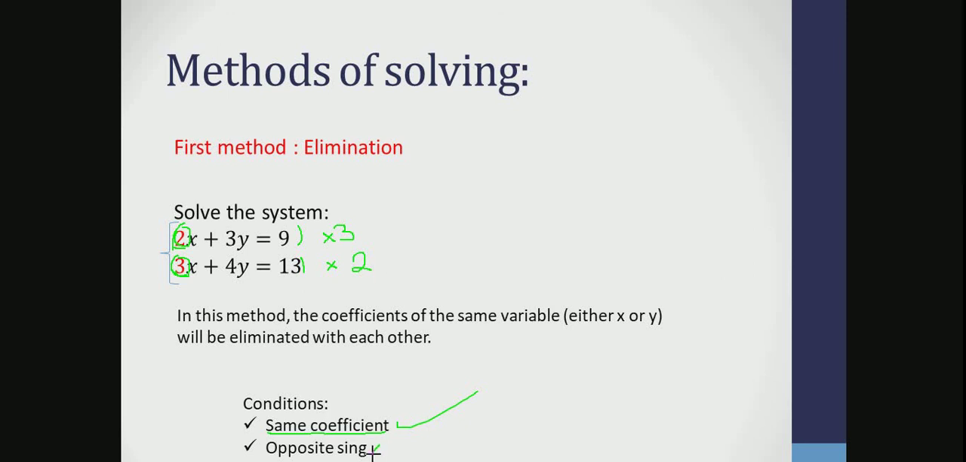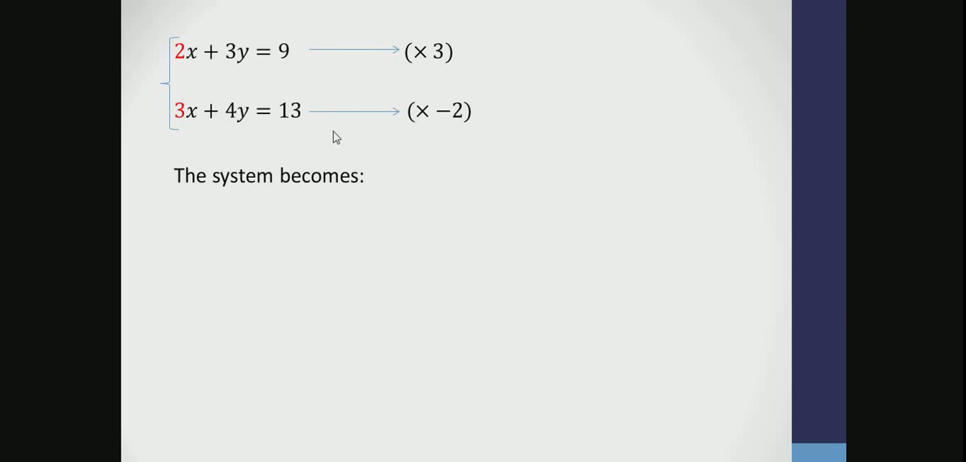But do they have opposite signs? No. So one of them should be positive and one of them should be negative. So for example, if this is positive, I will make this negative. How? I only multiply by minus, or I can put the minus above. It doesn't really matter. One of them should be negative. Okay? So it will be like this. So I multiply the first one by 3, the second one by minus 2, and the system becomes